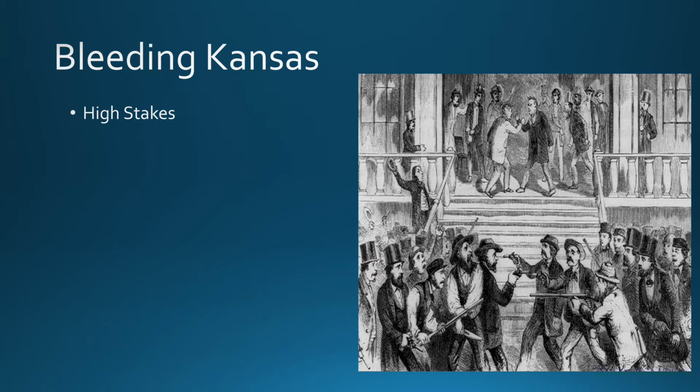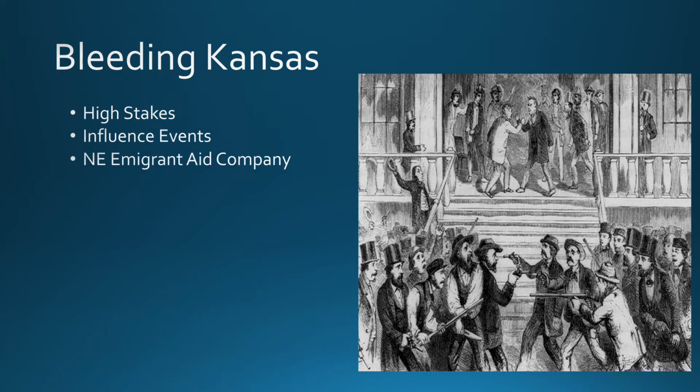And again, there was a big fear in the South that if Kansas did not become a slave state, then maybe there would be no more slave states anymore. Well, because of that and because of the high stakes that are going to be in place, both sides will try to influence events in the region in order to get their way. And again, because it's a popular vote that they're going to decide slavery or not, that's really what this comes down to, basically at the ballot box through voter fraud and other things like that. But let me rewind there and explain a couple of the things that happen.